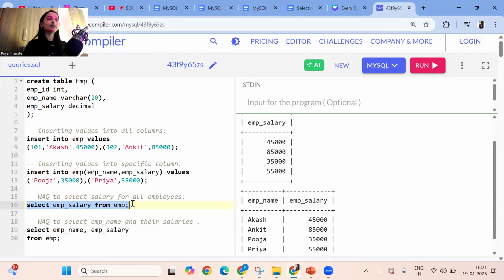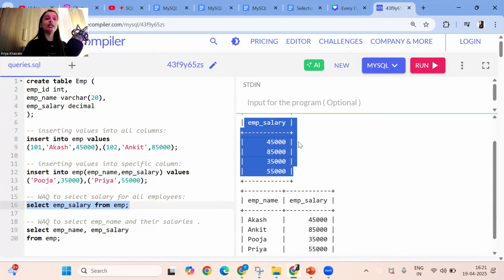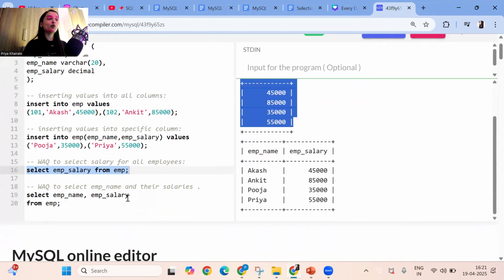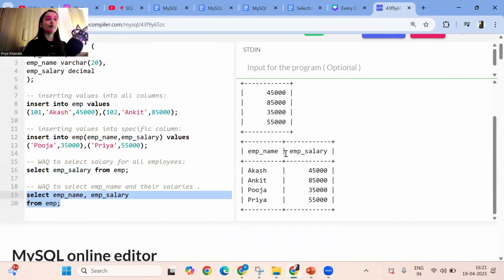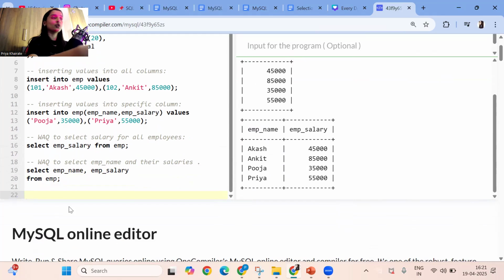Write a query to select salary of employees. So you got only salary. And this is the output of second query. Select employee name and employee salary. Clear, everyone? So whichever the column you will give here, that columns will be projected to you in the output. So that's why we call it as a projection query. Here we are not filtering rows. See, 1, 2, 3, 4, everywhere 4 rows are present. We are just filtering the columns. Now let's say if someone will ask you, what?